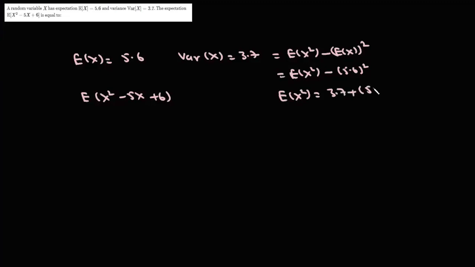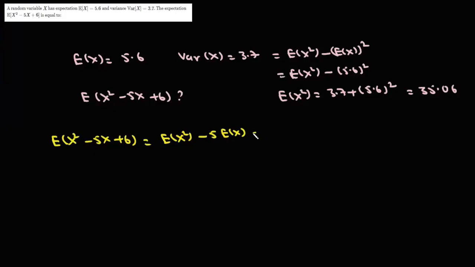प्लस 5.6 स्क्वायर जो कि है आपका 35.06। अब ये हमको निकालना है तो हमें पता है कि एक्सपेक्टेशन लीनियरिटी फॉलो करता है तो ये EX स्क्वायर माइनस 5x प्लस 6 ये बराबर हो जाएगा एक्सपेक्टेशन ऑफ x स्क्वायर माइनस 5 टाइम्स एक्सपेक्टेशन ऑफ x प्लस एक्सपेक्टेशन ऑफ 6। अब एक्सपेक्टेशन ऑफ x स्क्वायर हमने ऑलरेडी निकाल लिया तो ये 35.06 है। 5 एक्सपेक्टेशन ऑफ x हमको